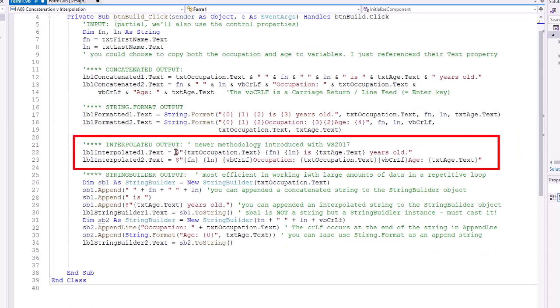Here's the interpolated one. So I'm setting lblInterpolated1.text to $. Then my output string is txt_occupation.text in curly brackets, a space, fn, a space, ln, space is space, then txt_age.text in curly brackets, and space years old period. So the multi-line interpolated, lblInterpolated2.text, again using a $, and then my string is the